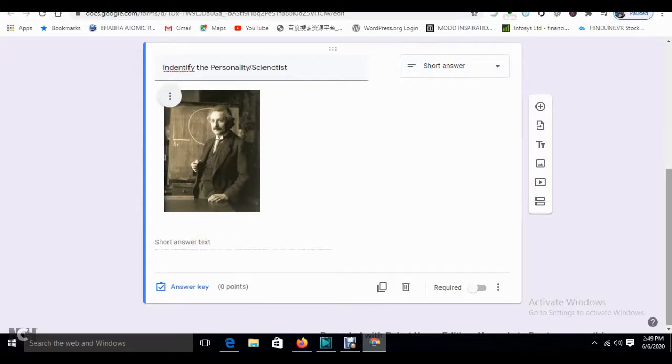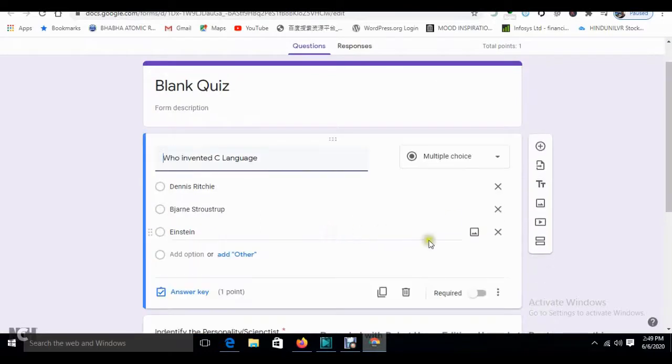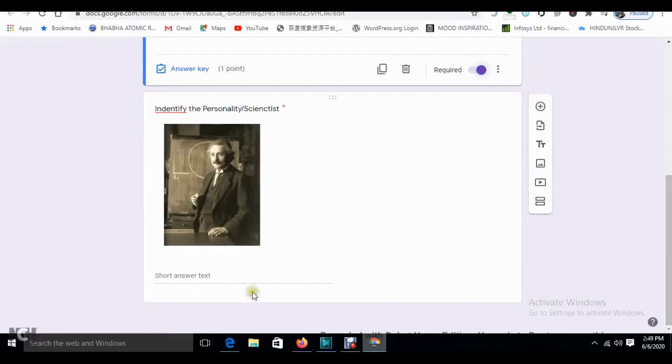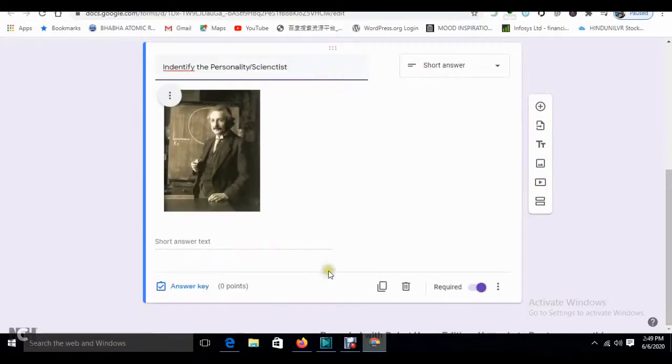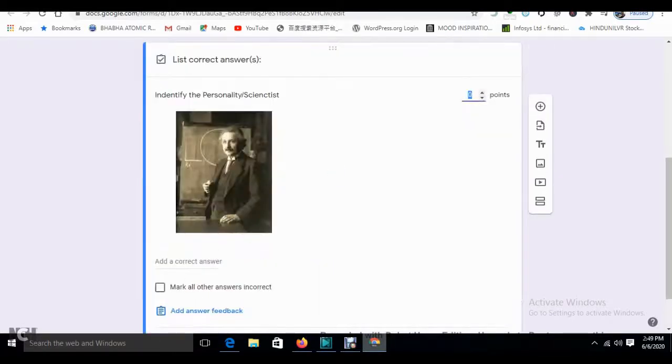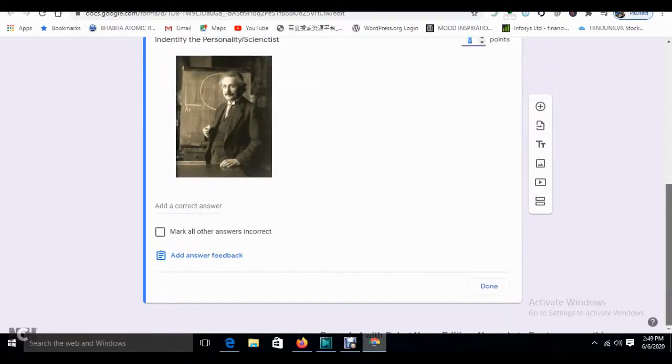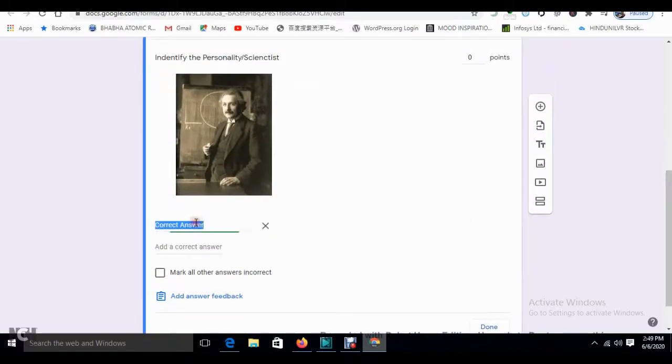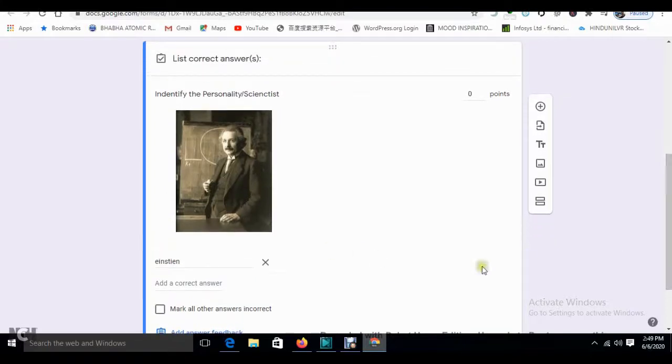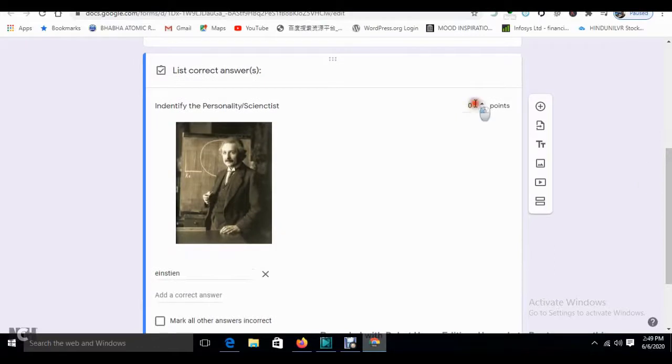Okay, and see, make it a required, compulsory question. Over here also I left it out. Here also you can make it a compulsory question. Okay, now short answer and answer key. You can provide the answer key for this as well. What is the correct answer? You can add it, like this I have added, or you can leave it as it is and give marks according to your correction.